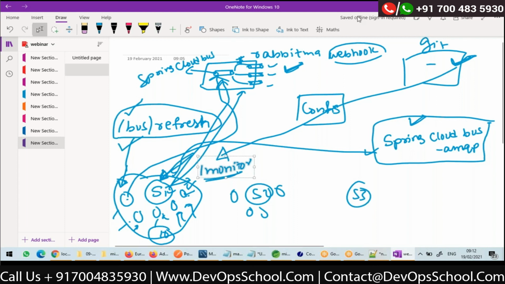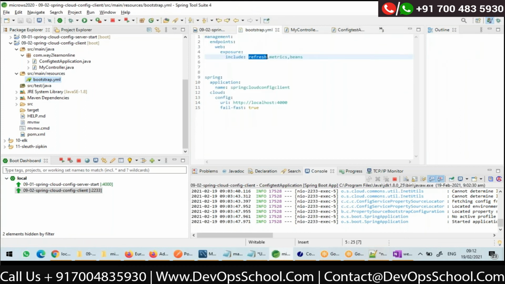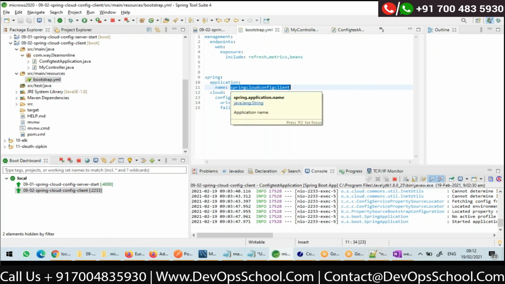Yeah, Shiva, and we didn't specify any specific YAML file, right? Anywhere, because we had different YAML files. So how do we make sure, hey, go and fetch from this YAML file? Yeah, see, in my microservice, I should have a Bootstrap configuration YAML file, and here I'm specifying what my name is, Spring Cloud Config Client. Let's say this is S1.